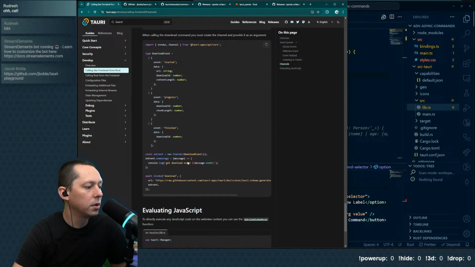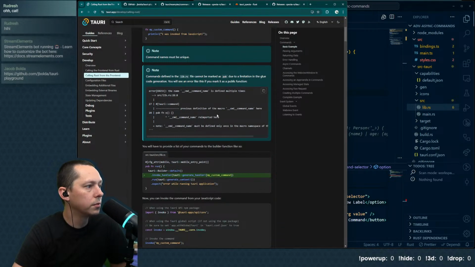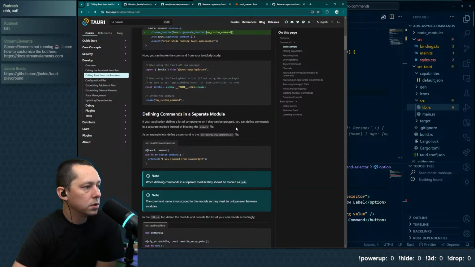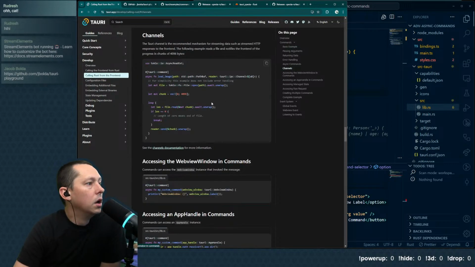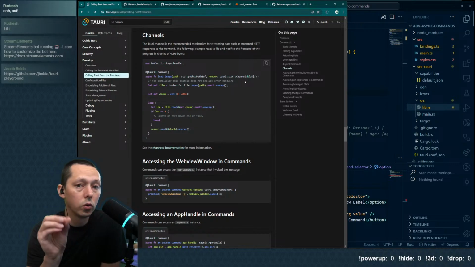So we can actually copy this one, I think. Functionally though, how is it different from this? I don't think the example is going to be that different. If we look here, this is doing load image. You can see here it is an async function. And this comes back to we're specifying an async function, or we are doing Tauri command async.